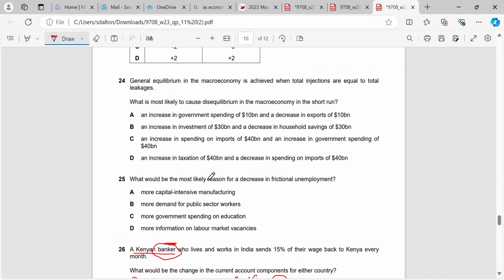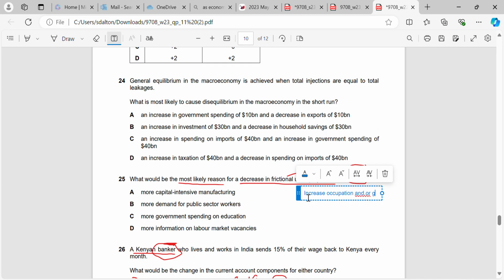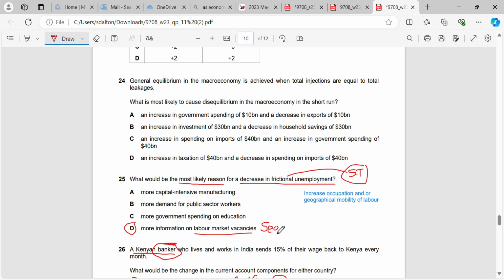Okay, 25. What would be the most likely reason for a decrease in frictional unemployment? So remember that frictional unemployment is a short-term form of unemployment where people are left in between jobs. Okay? Now, when we're going for in between jobs, the way to decrease frictional unemployment is to try and increase the occupational and or geographical mobility of labour. Okay, one of the ways we can do that is that we can provide more information on labour job vacancies, because what this is directly going to address is search unemployment, which is a form of frictional unemployment, where people are